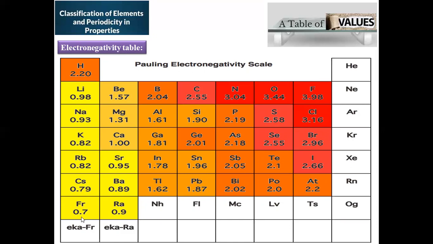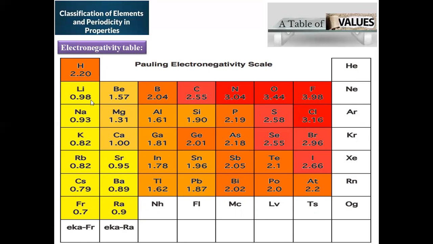Actually francium with 0.7, but francium is not that stable because it is a radioactive element. So in general, we can consider cesium as the least electronegative element with 0.79. And moreover, for all the noble gases, this electronegativity value is assigned as 0. So most is fluorine, least is the noble gas in general, we can say, because 0 will be the lowest when compared to 0.9 or 0.79. So here, noble gas elements have 0 electronegativity values, highest assigned for fluorine, lowest assigned for cesium in general.